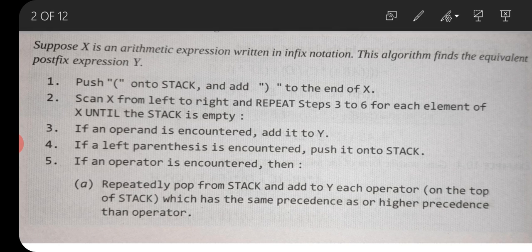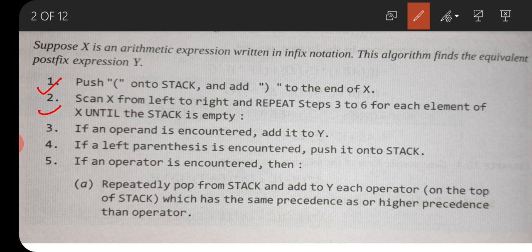Now, our first step is push left parenthesis onto stack and add right parenthesis to the end of the x. That means in the first step, we will first push the left parenthesis onto the stack. Then in our second step, scan x, that means the given expression. Now we are going to scan, read the expression given x from the left